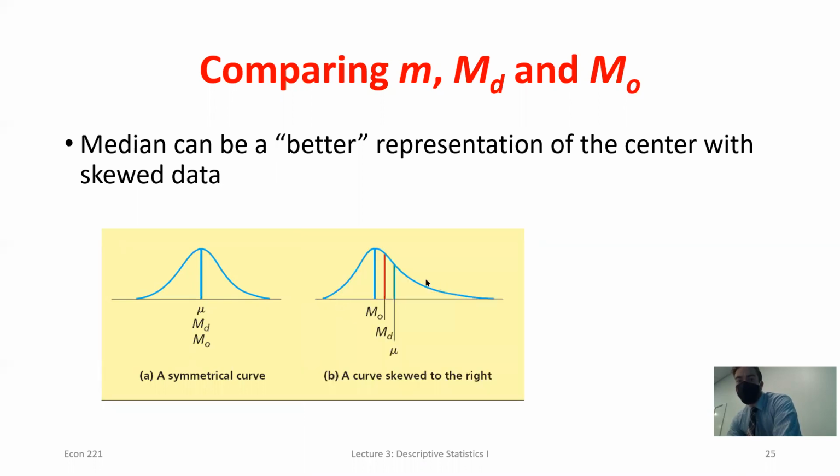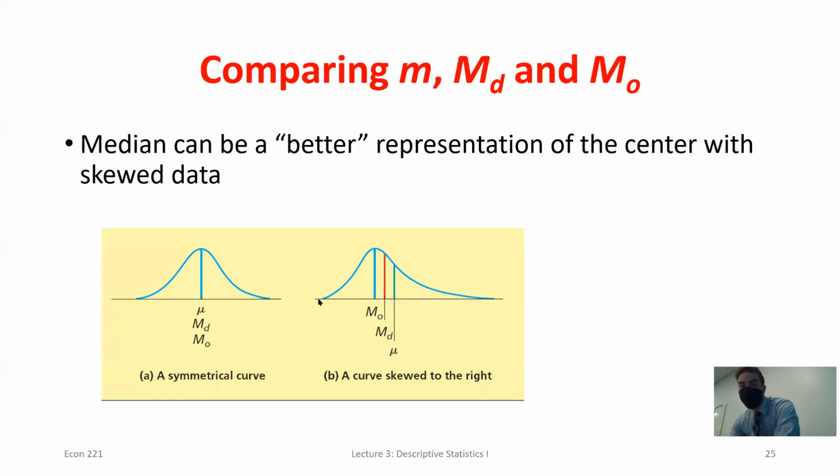If instead we had a really long right tail, which represents some extremely high values in that data set, those really high values will pull the mean to the right, or increase the mean, but they won't impact the median nearly as much. So they would pull the mean to the right of the median, right? If the mean is to the right of the median, or greater than the median, that's why we call that a right skewed distribution. That's another property.